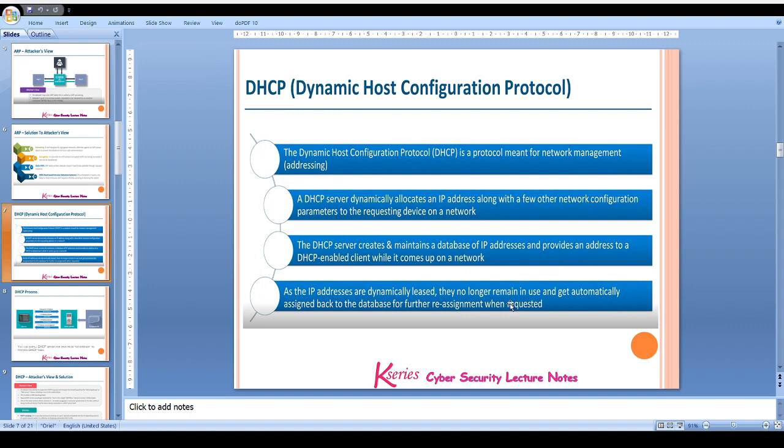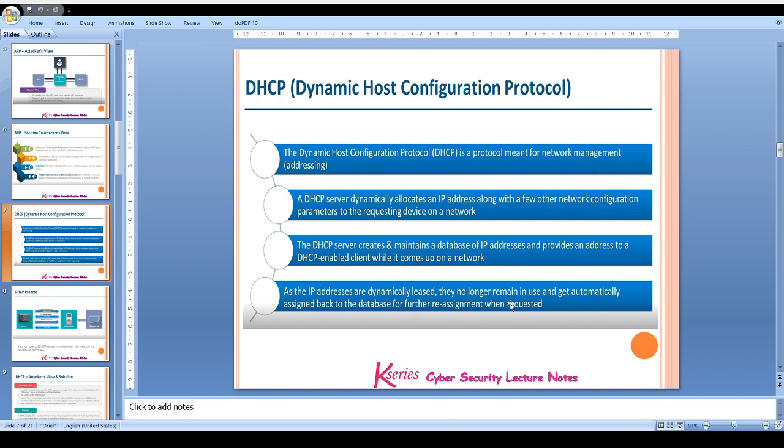Then is the Dynamic Host Configuration Protocol. This particular protocol is meant for network management, that is addressing. A DHCP server dynamically allocates an IP address along with a few other network configuration parameters to the requesting device on a network.